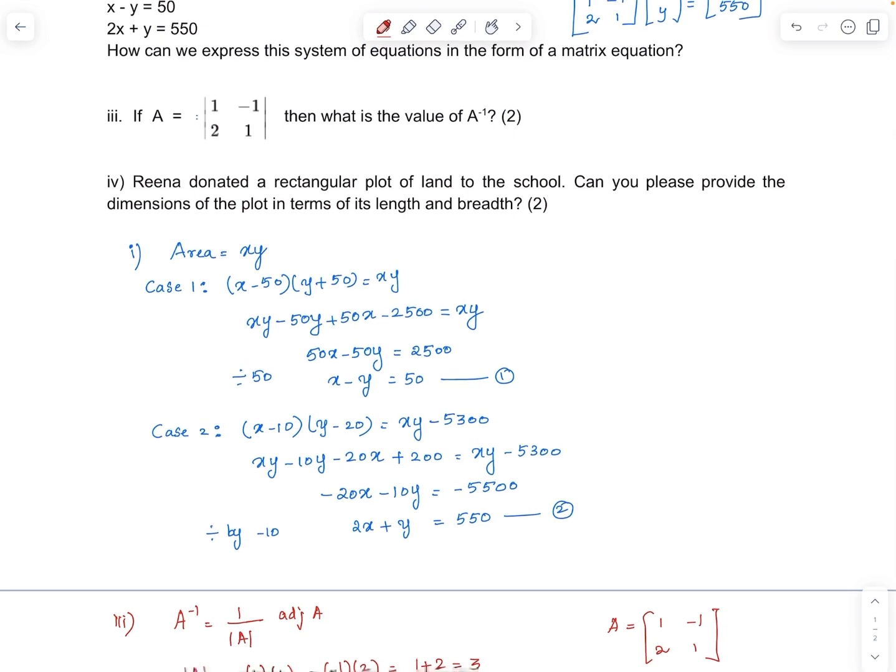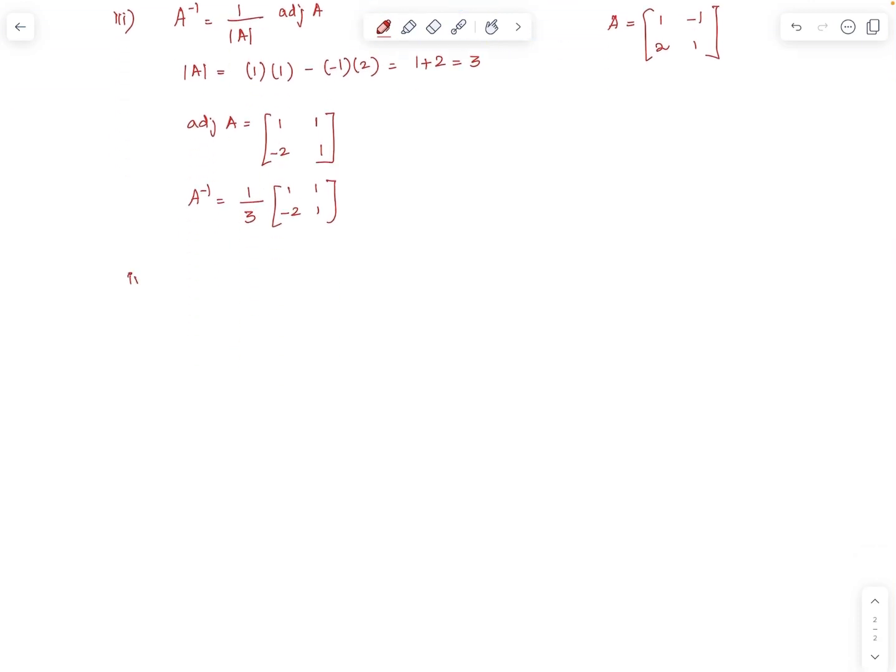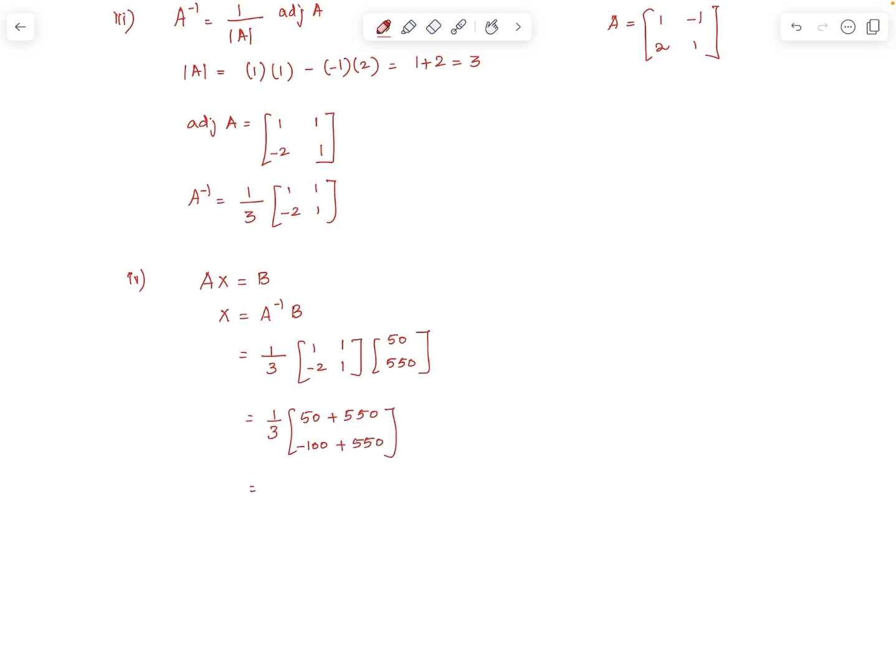Question number 4. Reena donated a rectangular plot of land to the school. Can you please provide the dimensions of the plot in terms of its length and breadth? To get the length and breadth, we have to solve the X in AX equal to B. X is equal to A inverse B. A inverse is 1 by 3 times 1, 1 in the first row, minus 2 and 1 in the second row, times B matrix, which is 50 and 550. On multiplying these two matrices, we get 50 plus 550 in the first row, minus 100 plus 550 in the second row. That is the matrix XY is equal to 1 by 3 times